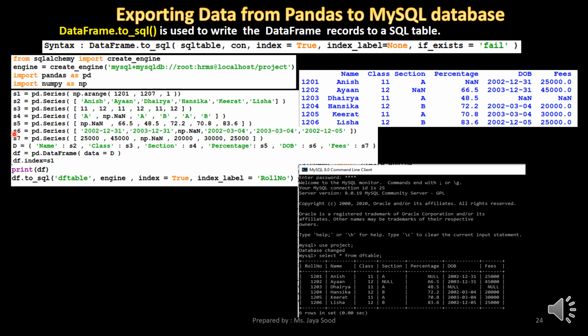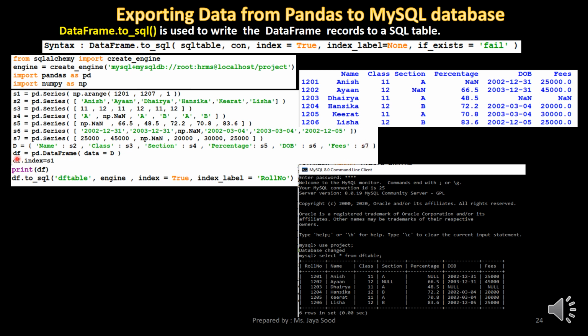S6 is a series created from a list of date of births. S7 is a series created from a list of fees. D is a dictionary with keys name, class, section, percentage, date of birth and fees. The series S2, S3, S4, S5, S6 and S7 are the dictionary values.